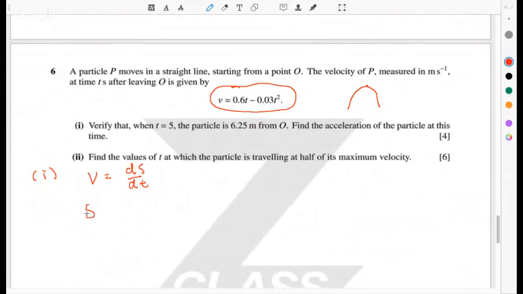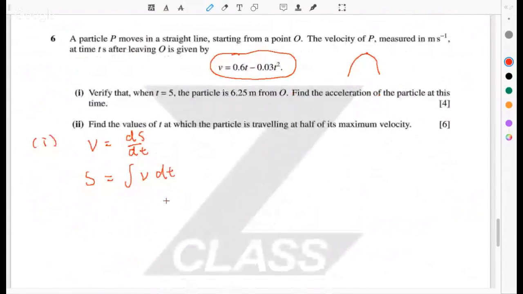So we'll just swap around. We have s is equal to the integral of v dt. So s is equal to the integral of 0.6t minus 0.03t squared dt,